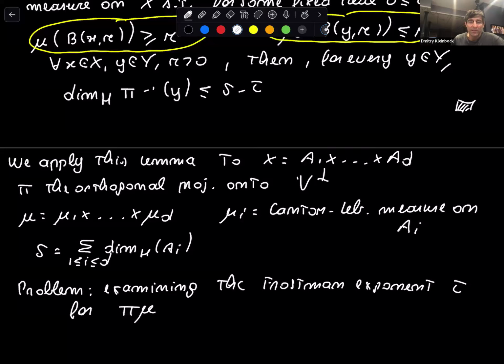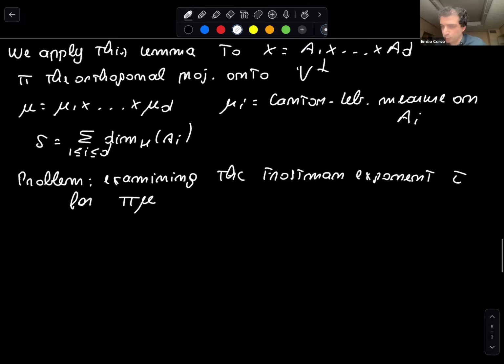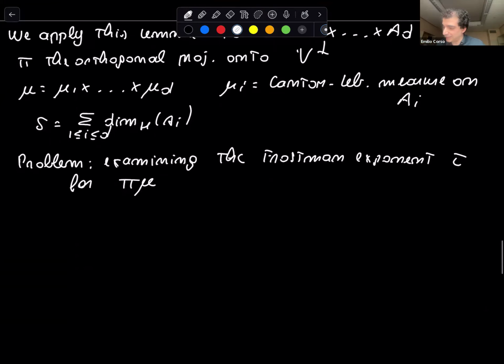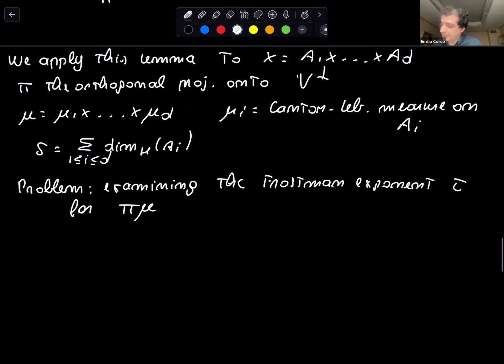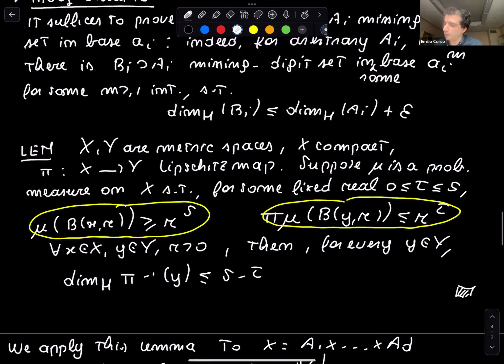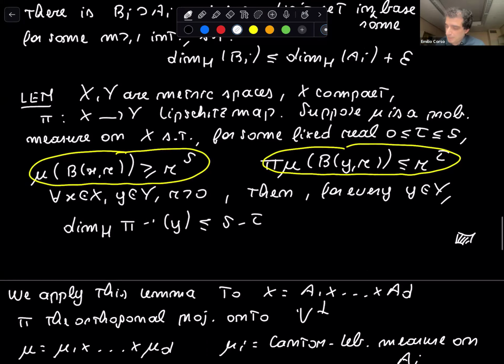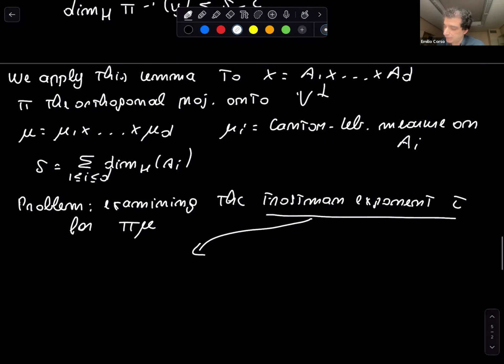Yes, exactly. So let me try. It's actually a tall order to relate these big names to what's going on here in a short time, but I will try to be as concise as possible. So how is this related to additive combinatorics? Examining the Frostman exponent amounts to a uniform estimate for every center and for every radius. It's a typical procedure in fractal geometry to replace disjoint balls with cubes at a certain generation.